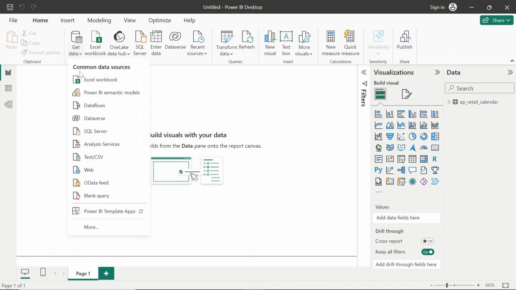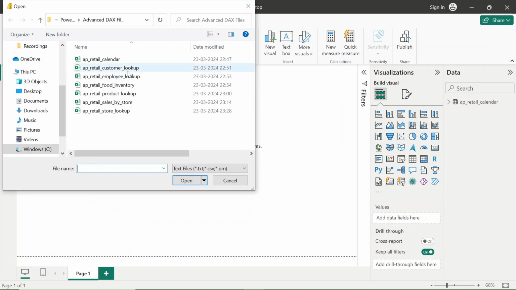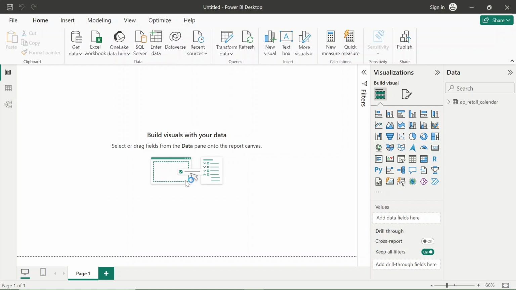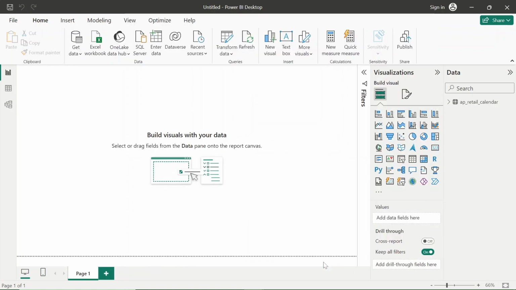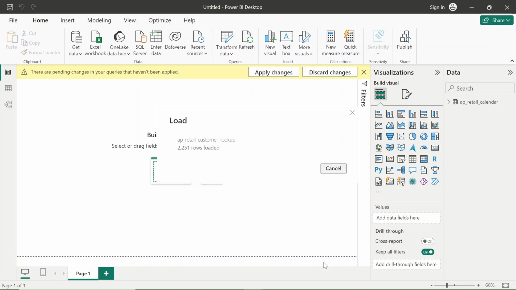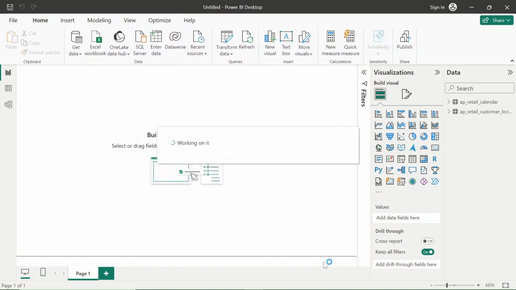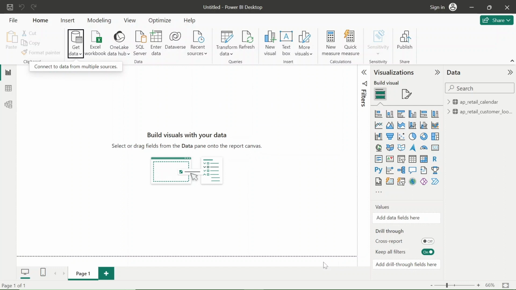Now let's load another CSV file. Let's load the retail customer lookup table. Data has been loaded successfully.